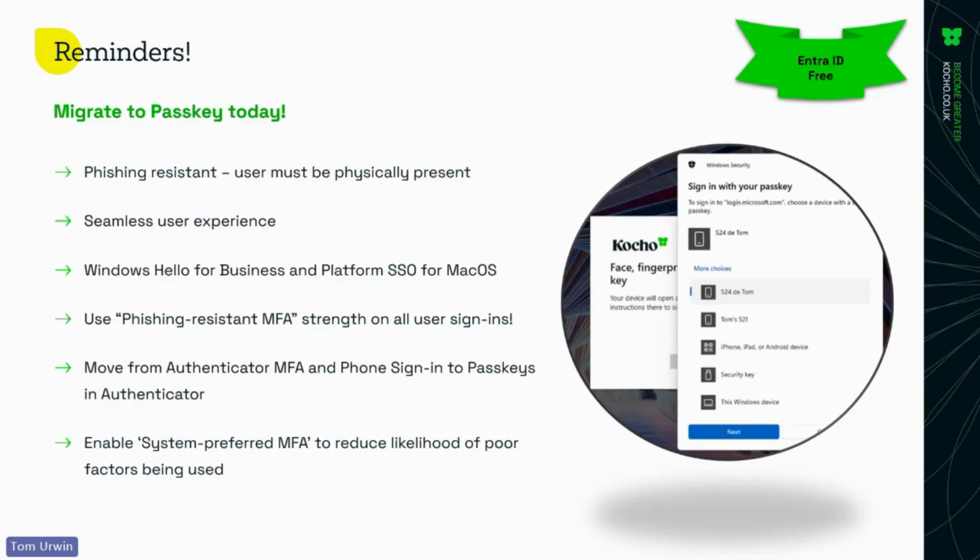The bottom piece there, system-preferred MFA, was in a Microsoft-managed state. It seems to be getting enabled increasingly for people. So if you haven't enabled that already, it's worth looking at anyway. This essentially means even if I have something like SMS or even standard Authenticator set up, the system will nudge me to use my